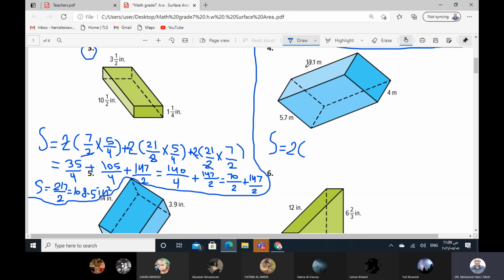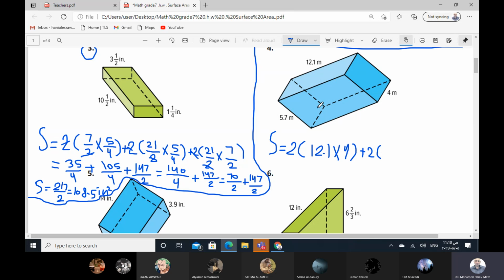Here, as you see, we have 12.1 times this side, equal to this side, which will be 4, plus we have this face congruent with this face. So also write here 2 times